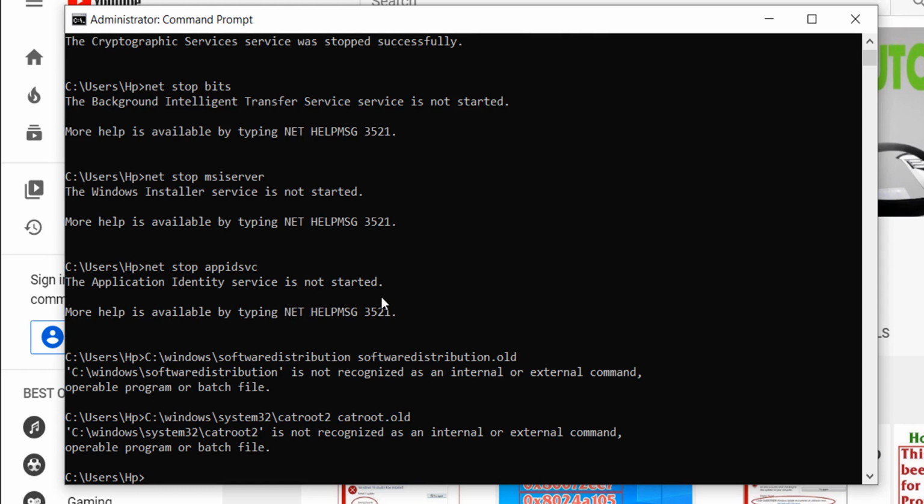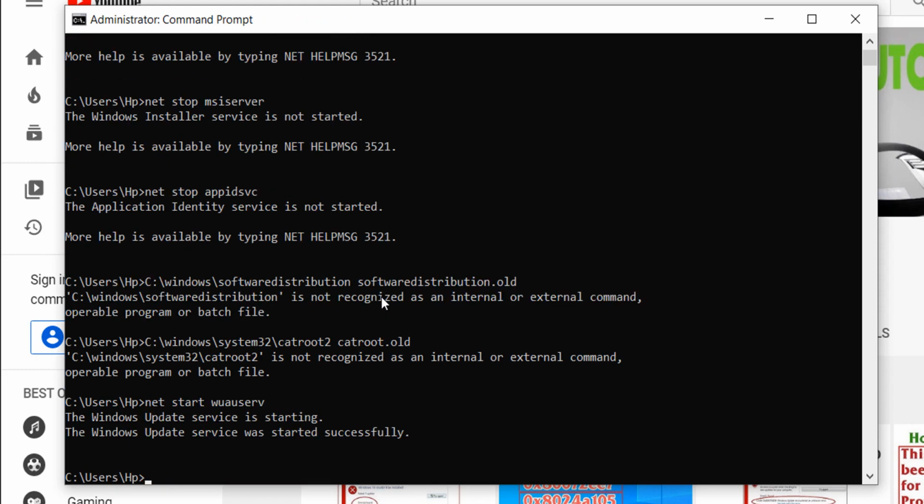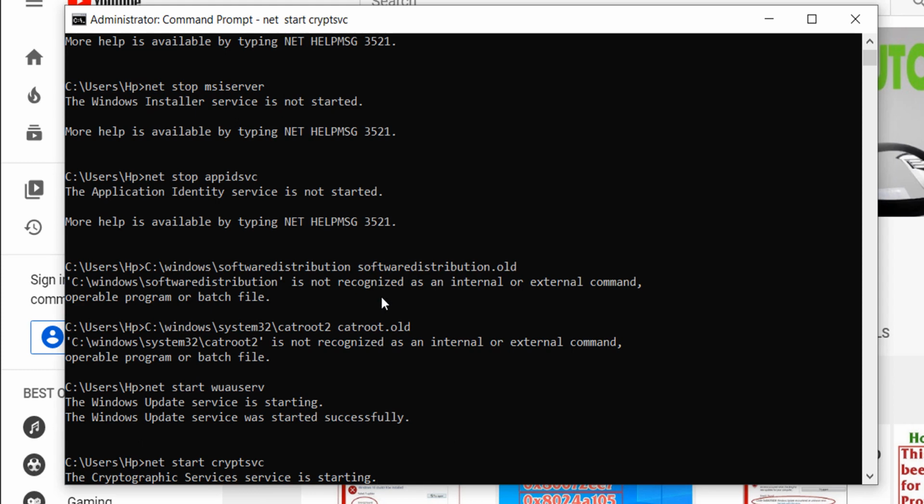Okay guys, after doing this, you can type the command net start WUAUSERV and press enter. After doing this, you can type the command net start CRYPTSVC and press enter.